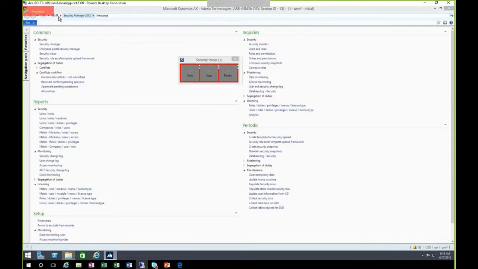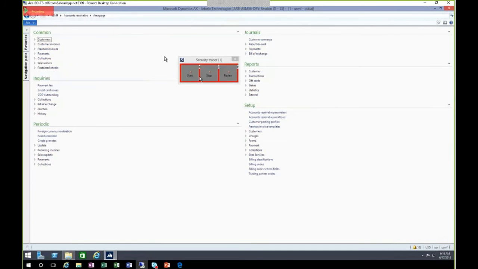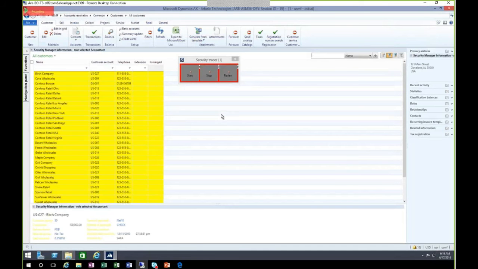Once I start recording, you see the recording sign in the upper left corner. And then I go to whatever business process that I'm required to do. And every touch point that I go through is being captured as a menu item or a security object, and its level of security that should be assigned.